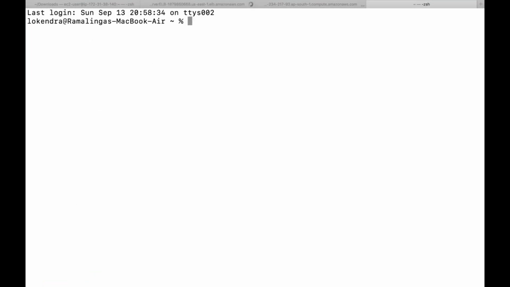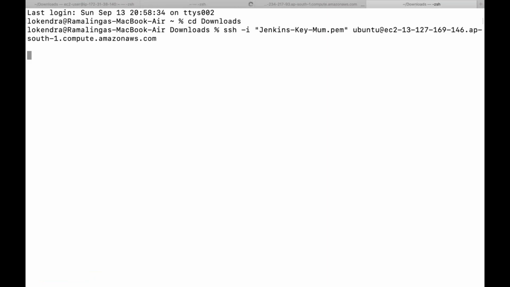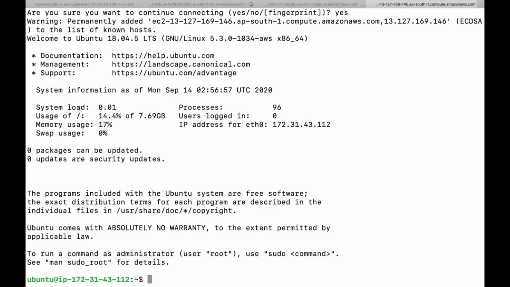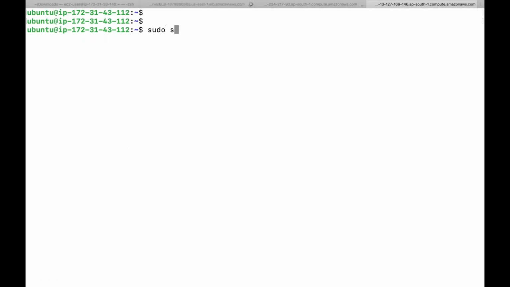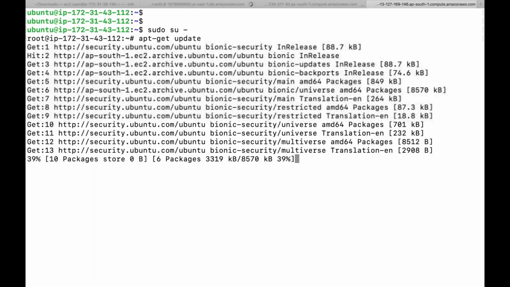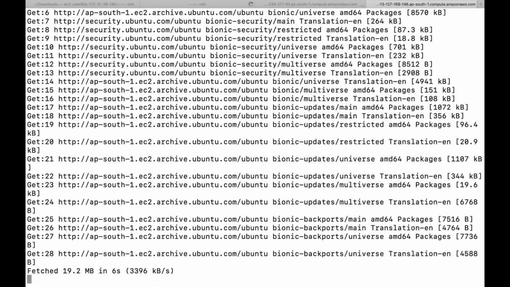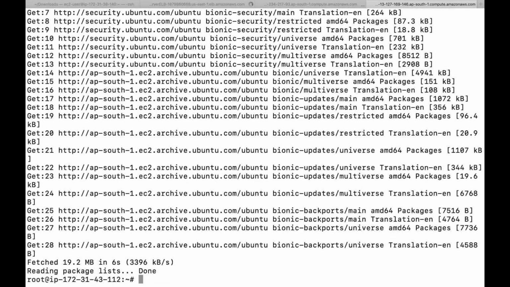Okay, so this is my system. I'll go to download because I know my key is placed here. I'll log into it, and without explaining these commands, because I executed all of them just a moment ago, I'll run apt-get update. After running this command, I am once again going to execute the Java command. Okay, so almost this is done. We are done with this.